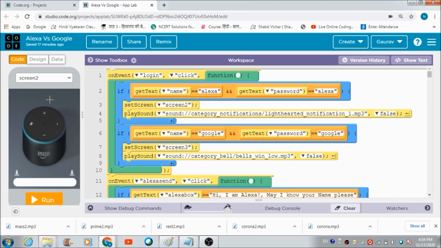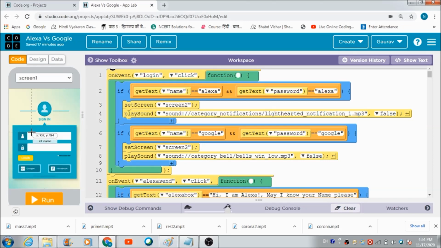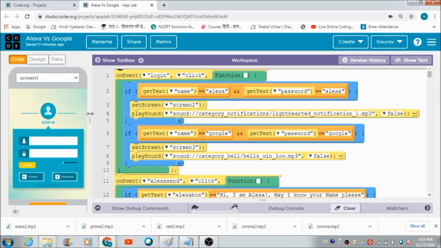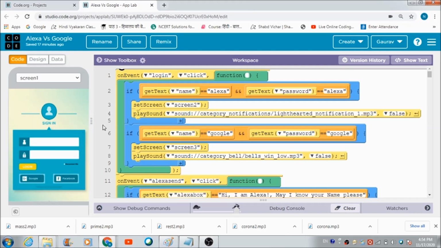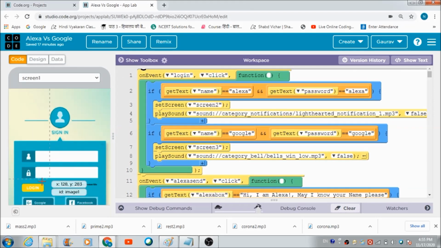This is the first screen that the user is going to come across when he accesses this Google versus Alexa application on his mobile phone, and the name of this screen is screen 1. Here we have got a button named login.